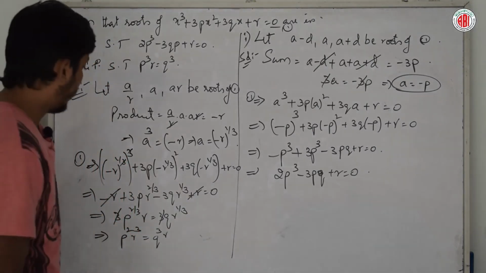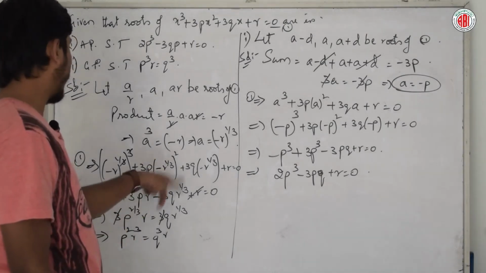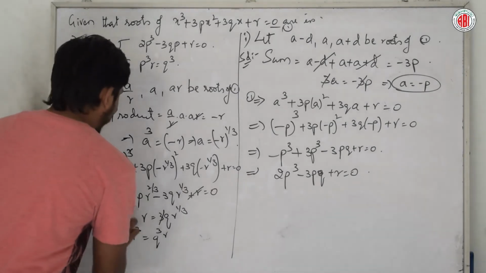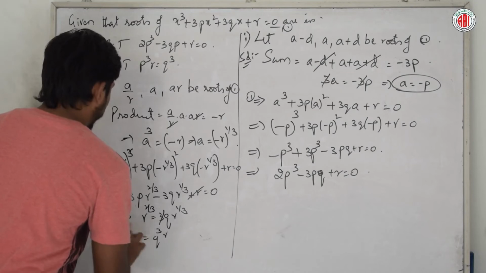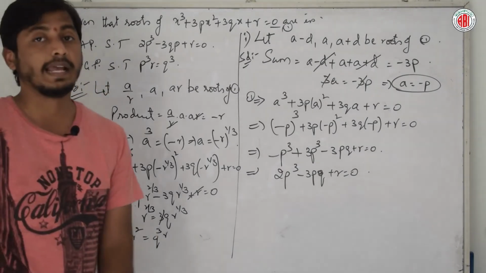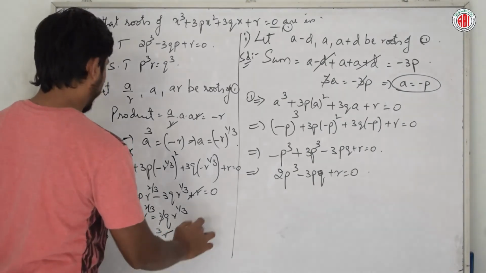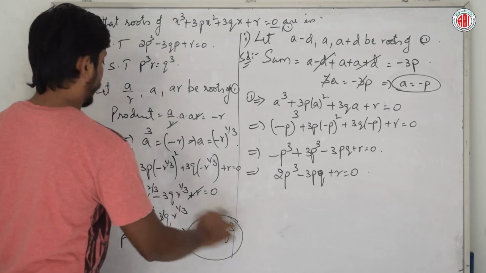Okay, any confusions here? No, right? Here it is P into R power 2 by 3 and here also this is R power 2 by 3. Don't get confused. So P cube R square. Done. Now if you observe, R and 1 R will get cancelled. I will be left with P cube R is equal to Q cube.